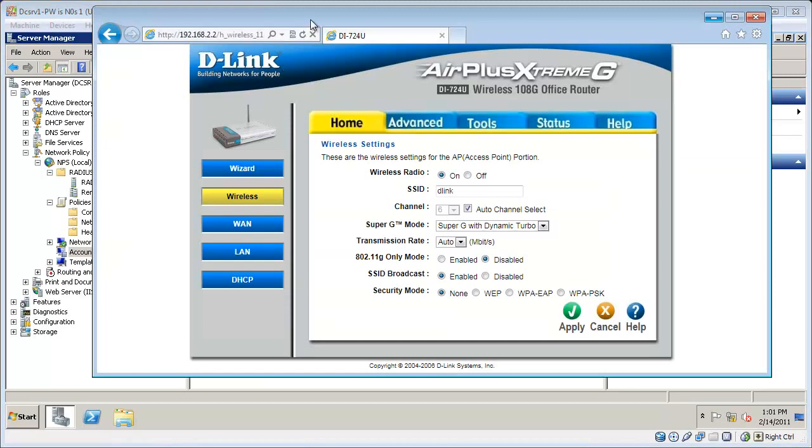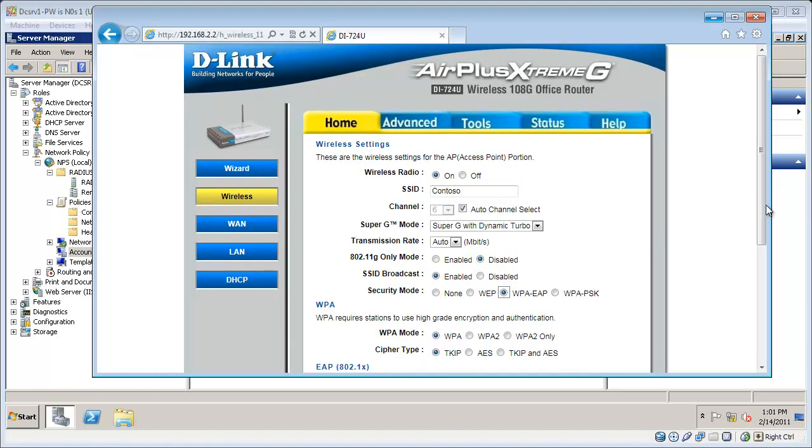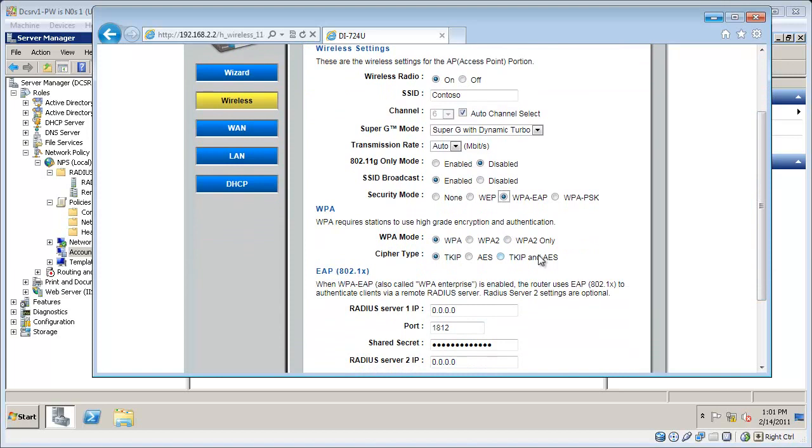So this is the administration page for my wireless access point. You'll have a different tool because every tool pretty much has its own configuration settings. I'm going to change the SSID to Contoso, and then I'm going to configure it for WPA EAP. Might also be called WPA Enterprise. I'll go ahead and select WPA2 because that's a little bit more secure. I'll type in my shared secret here,